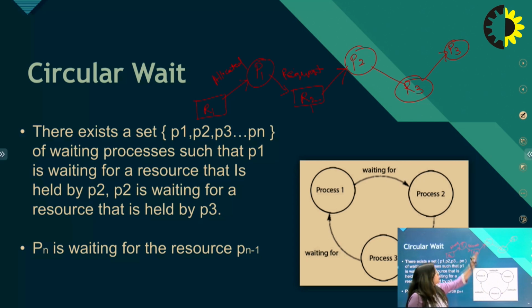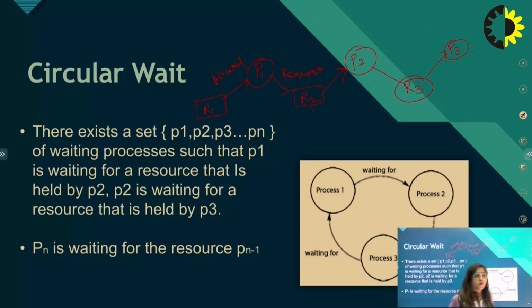Now check this example: process 1, process 2, process 3. All these processes are dependent on each other. Here no circular wait is required, because P1 is completely executed at a time, after that R3 is totally free. Then P2 uses it, then R2 is totally free, then P1 uses R2 and after that completes R1. So here the circular wait condition does not occur.